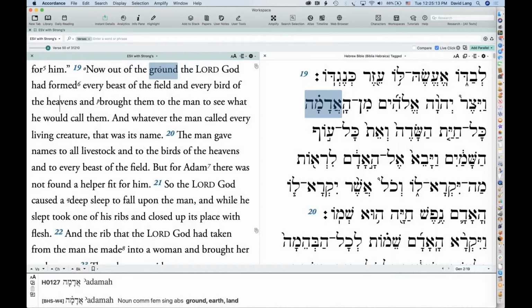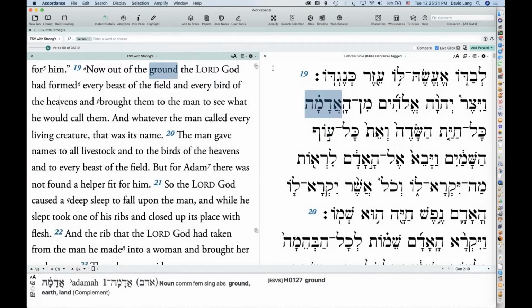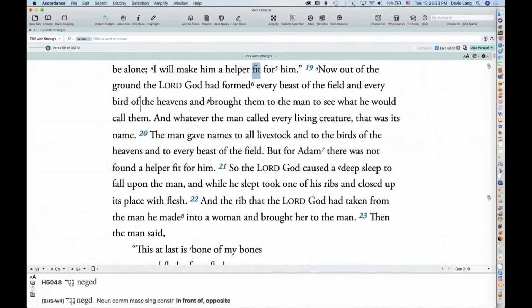So let me freeze that so we can point this out. Here we've got the Strong's number, the corresponding Hebrew word, and then the transliteration of that Hebrew word. But the next line gives me the corresponding information in my Hebrew text. Now that will appear whether I have the Hebrew text displayed or not.